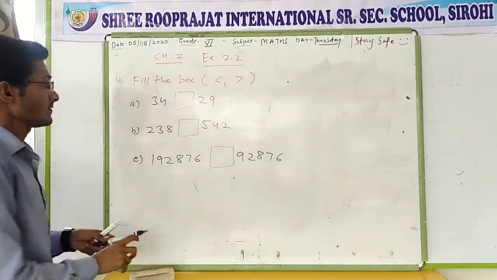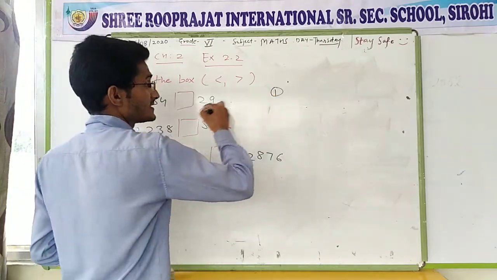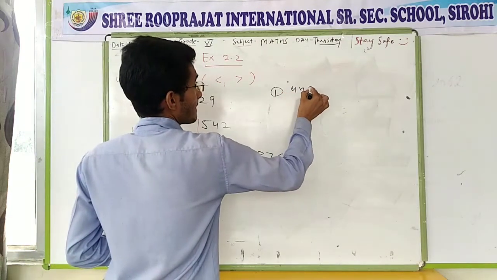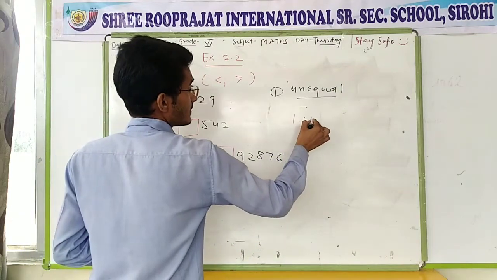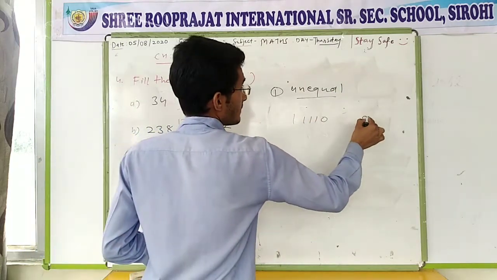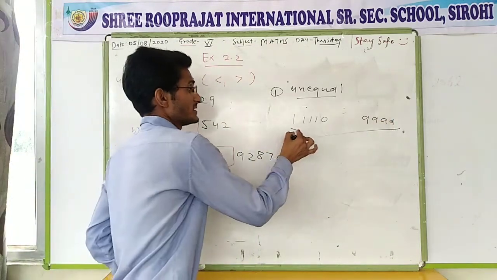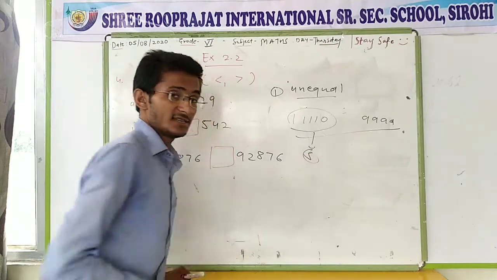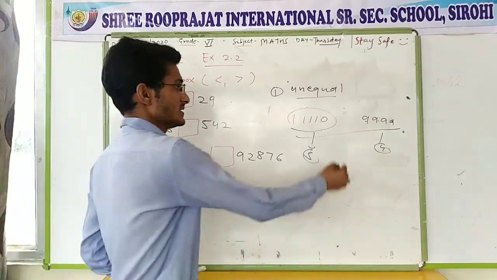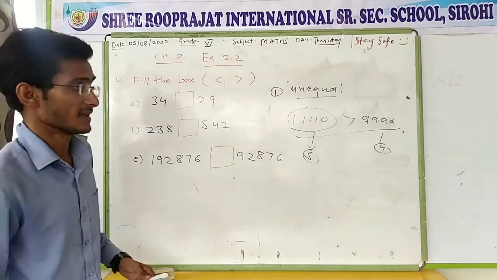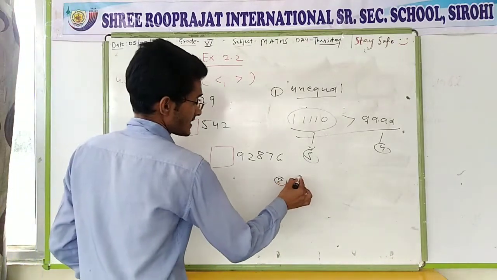So now, first of all, we have to learn how to compare numbers. There are two ways to compare numbers. First one, when the number of digits is unequal, when the number of digits is not equal. For example, suppose you have the numbers 1110 and 19999. Which one is greater? You can see the number of digits here is 5, and here 1, 2, 3, 4, only 4 digits. So no need to think, the number which has more digits is always greater. So here there are 5 digits, so this one is greater. Okay. And next one, when the number of digits is equal.